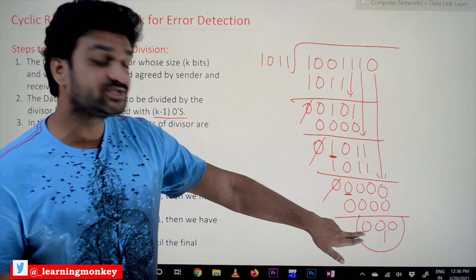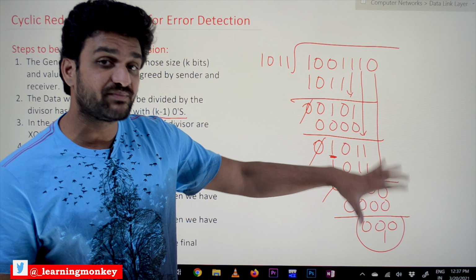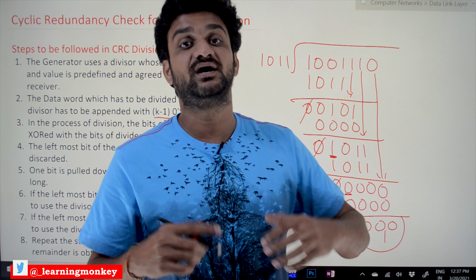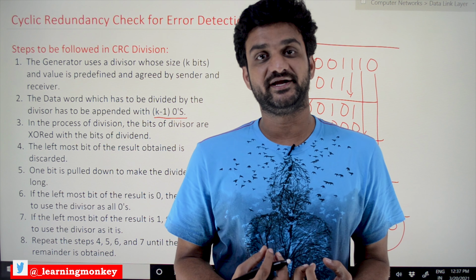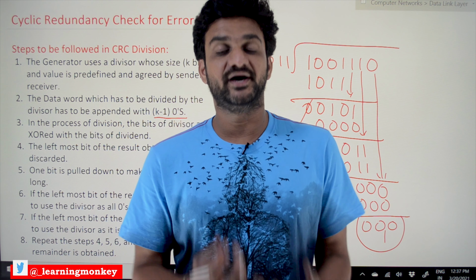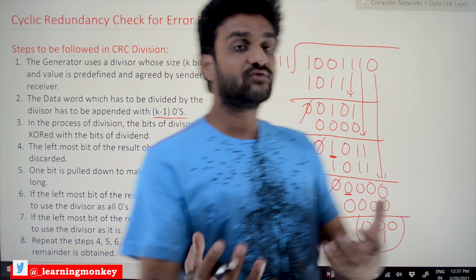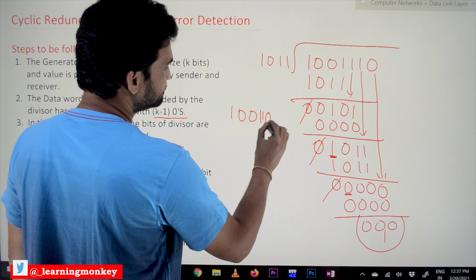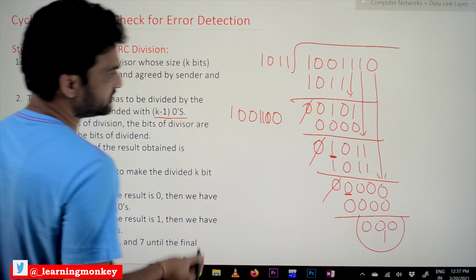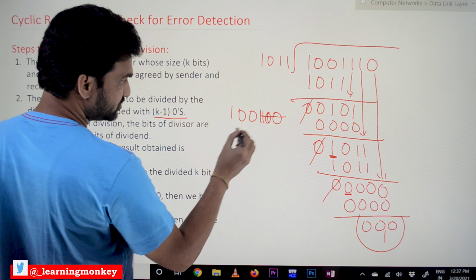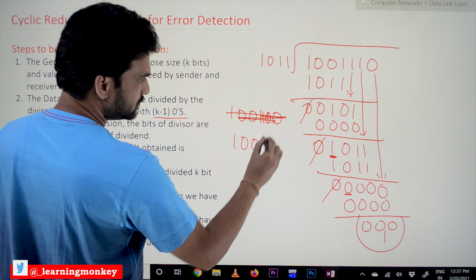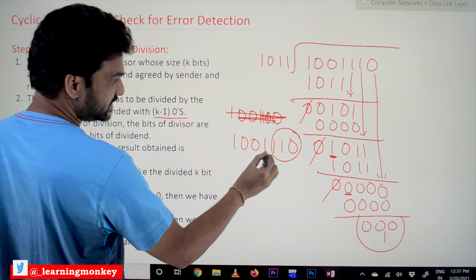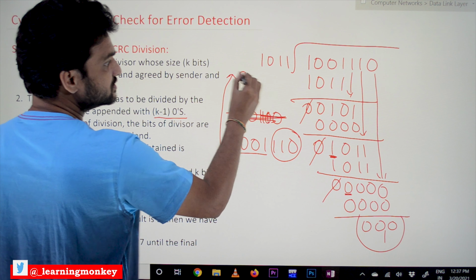If the remainder is 0, then the receiver will confirm that the result that has been obtained is free from errors. So this can be accepted. Now what the receiver will do is, from the code word that has been received, this is the code word, right? From this the redundant bits will be removed and the data word will be forwarded to the receiver.